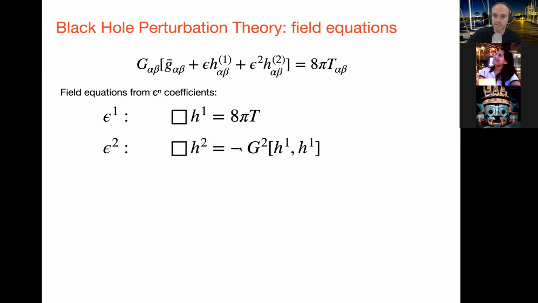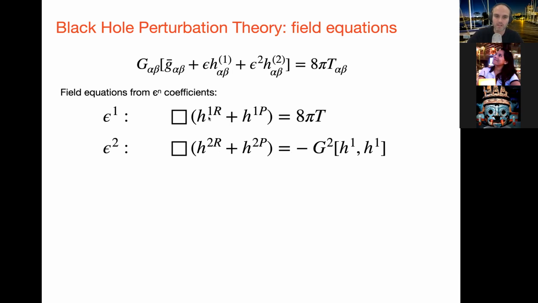It doesn't make any sense. It has products, effectively products of delta functions in it, and it's horrendously divergent. And so how do we proceed? Well, remember I talked about we have to regularize these equations in order to make them make sense. We have to split the retarded contributions, which are these H1 and H2, into a regular and singular piece. So we can do that.